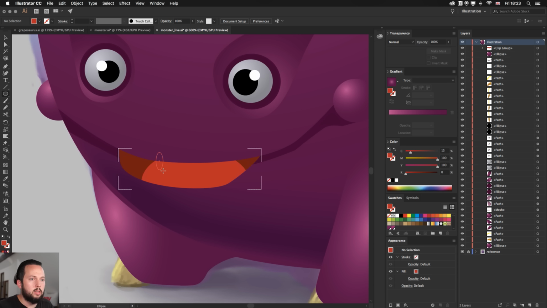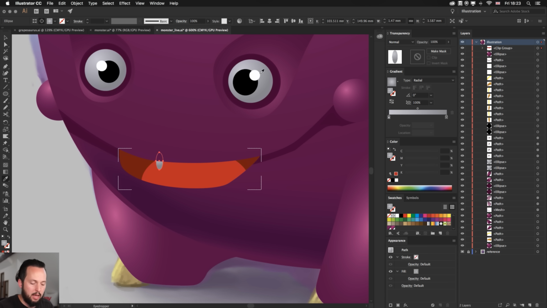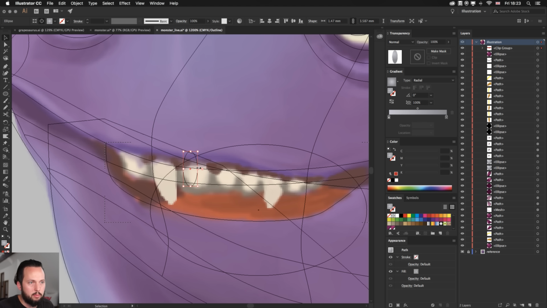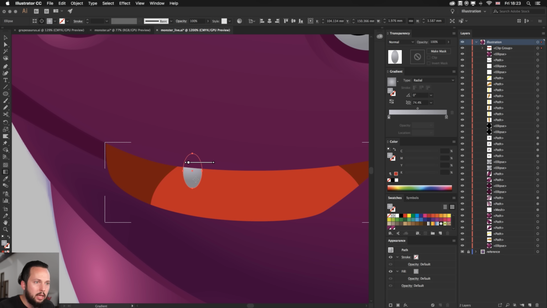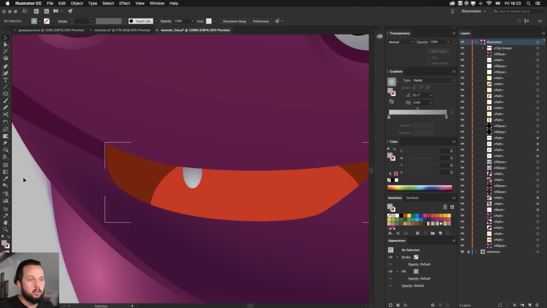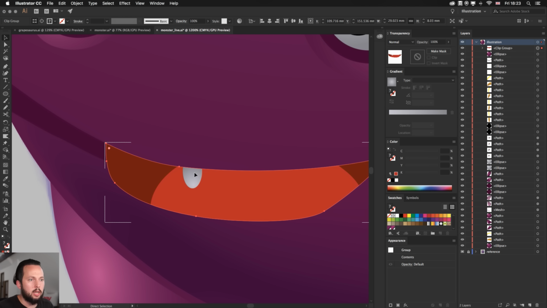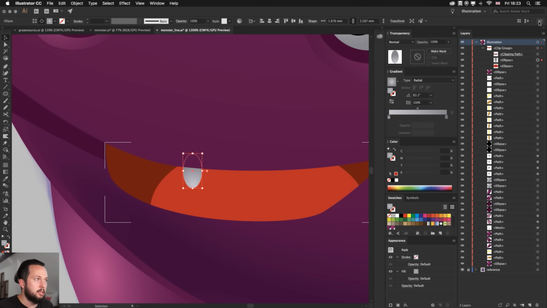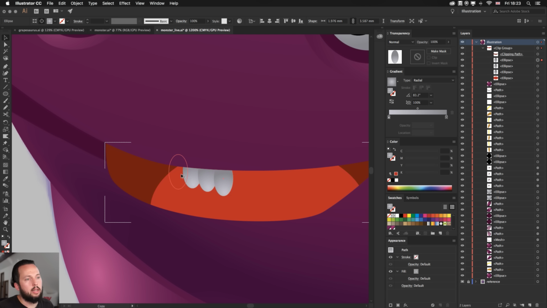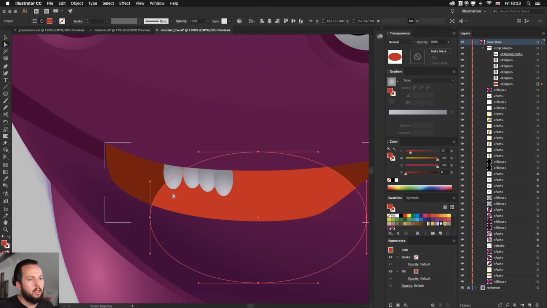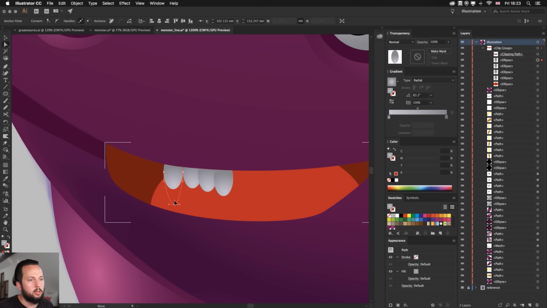So for the teeth, I'm just going to use the ellipse tool, pick up the same detail from the eyes, and then put it somewhere there. Now I could rely on my original drawing if I wanted to, but I don't feel like it's really necessary. I can draw teeth quite quickly. Again, use the gradient tool in this case to get the brightest details where it's least hidden. So that's where more light would hit that object. And then if I just select that object, within the clipping group, sometimes it's easier to select through the layers panel. I can duplicate and duplicate, and then have one which is longer. That's again a term that I don't know in English.